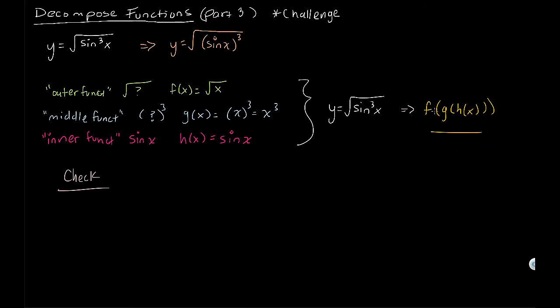So when we do our checks with more than 2, we want to kind of break it down even further. So here's what I mean. So we're going to say f of g of h. So start with the innermost substitution, which in this case would be putting h here. So what is h? Sine. So g is going to be evaluated at sine. Okay, well, what does g tell us to do? Well, g says whatever you're evaluating g at, you're just going to cube it. So this turns into